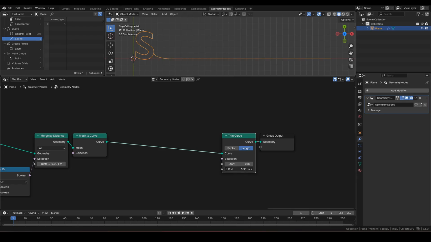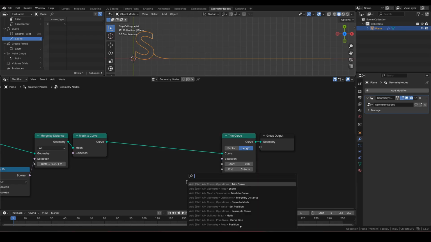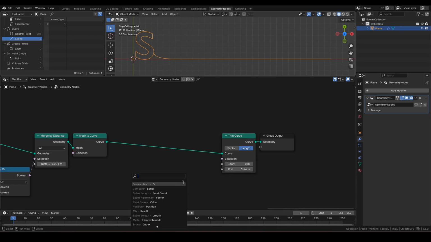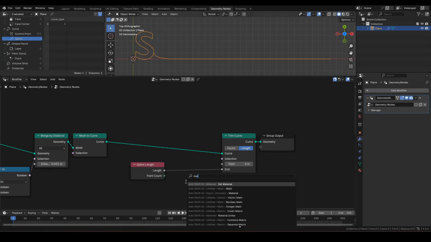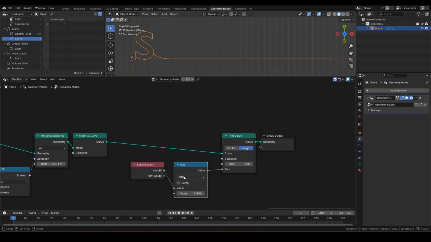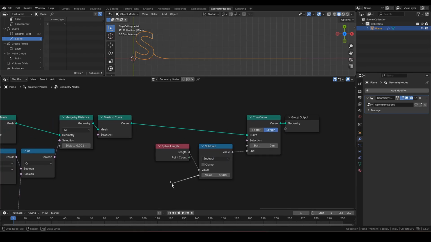Okay, so what is the initial length that we want? Well, it's going to be the spline length. So let's plug in spline length, and this is going to be the total length of this guide and text spline. And what we'll do is use a math node, then subtract scene time from it. Okay, so if I run the animation, it's going to decrease,